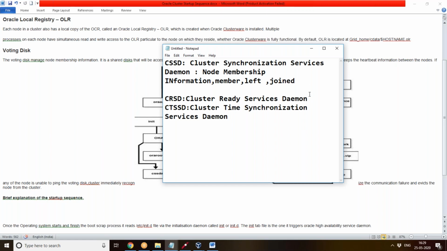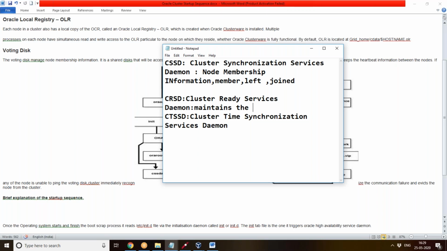CRSD maintains the whole cluster. If we want to share information between the blocks, from one database instance to another, the transactions that are going on have to be shared, and the blocks have to be shared and informed to the other nodes.